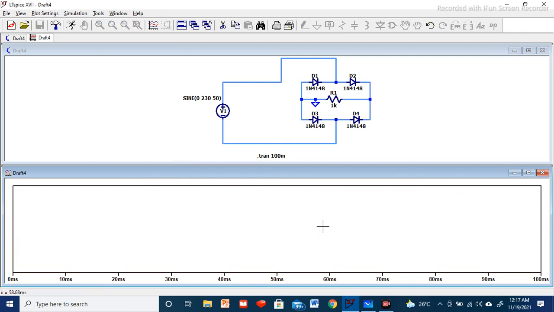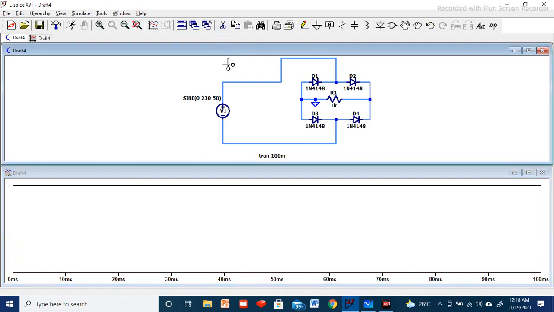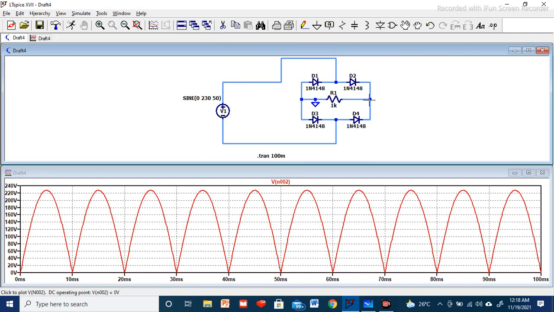So now I am going to get the output. You can see 0 to 100 millisecond will be having. So when we want, the output now across this load register should have the DC output. So when you click it here, you will be getting the DC output across the load register. Okay, this is for the first cycle, half cycle output, then for the second half cycle.